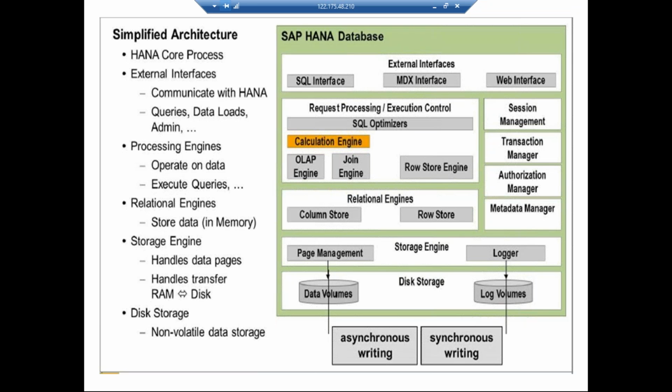In RDBMS we store the data in the form of rows. Basically we call it row store, in any RDBMS. But coming to HANA database, the specialty we have is